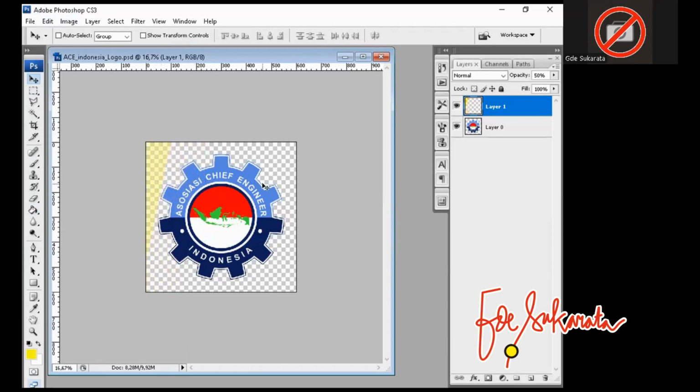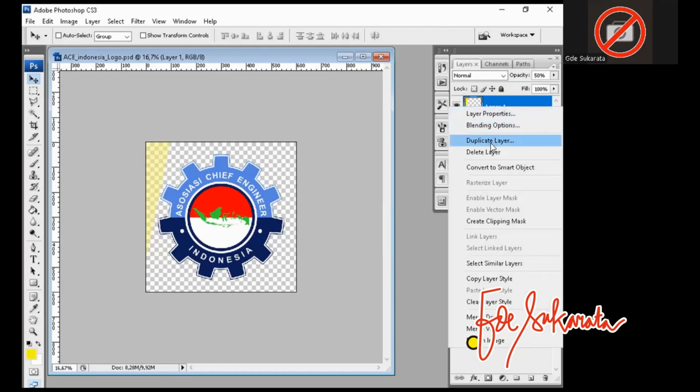Okay, nah, yeah, one layer for this shape. Yeah, shape, yellow shape with opacity 50%. But now I want to duplicate.